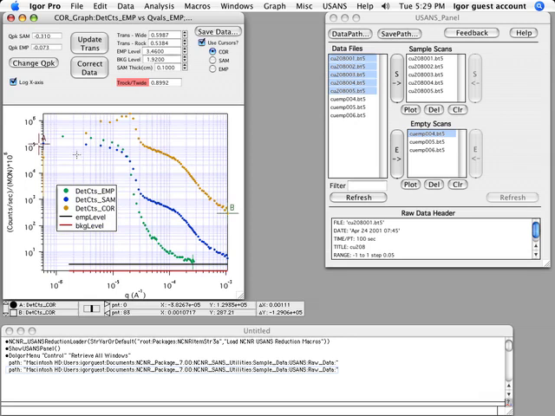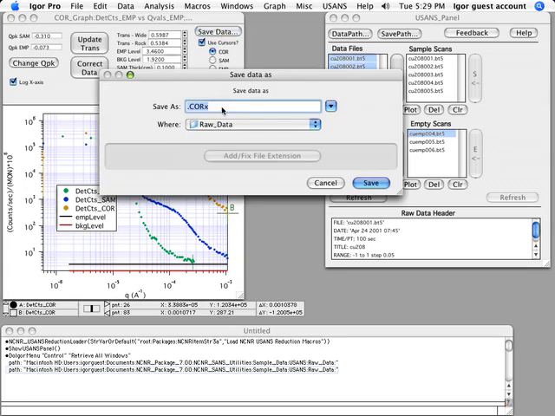We typically don't want to keep this lowest Q data through the primary beam, so we put the cursors on and move the cursors to somewhere around 3 times 10 to the minus 5, which is about the lowest Q values you'll be able to resolve. Depending on the scattering from your sample, you may not get quite that low. In this case, there is a significant difference. There's more than an order of magnitude of difference in the sample scattering and the empty scattering, so it's a safe subtraction. If we click on Save Data, we'll be prompted for a